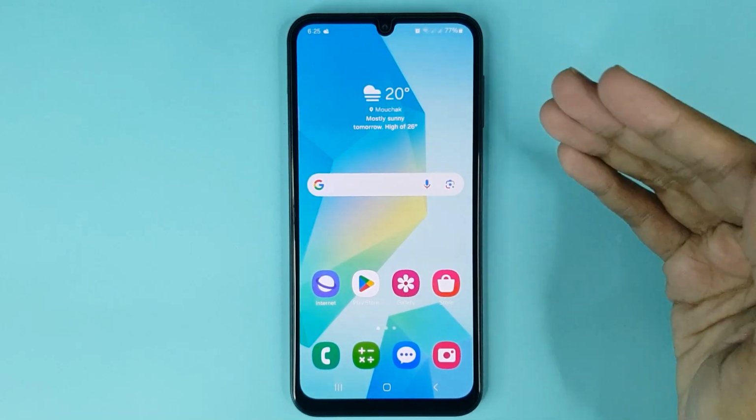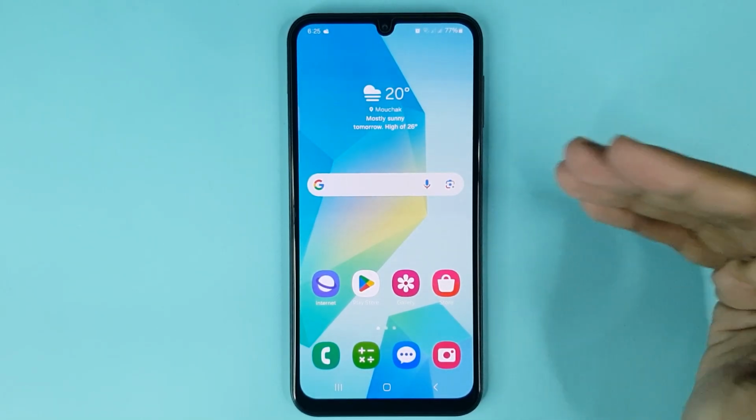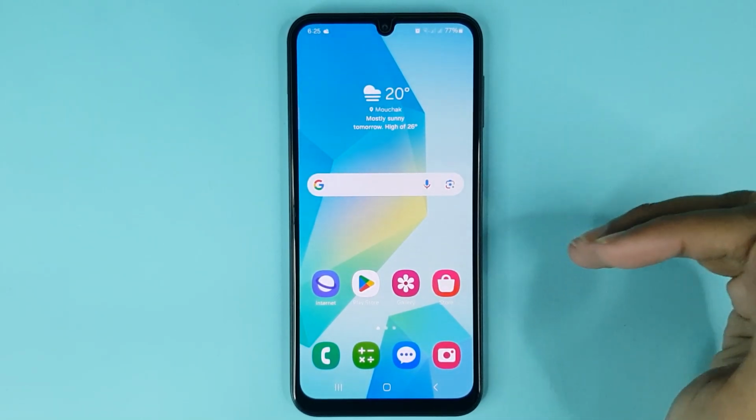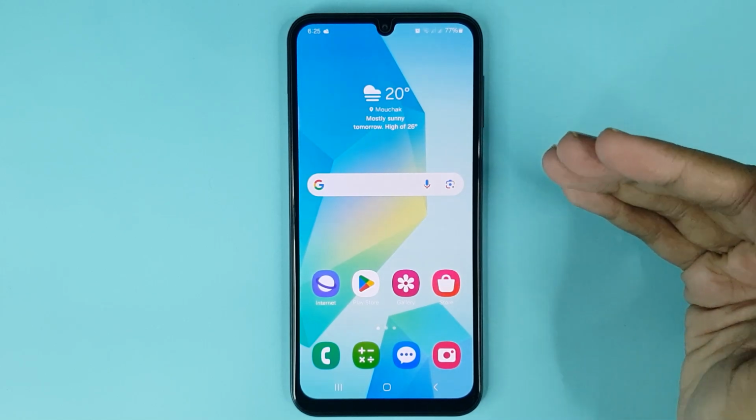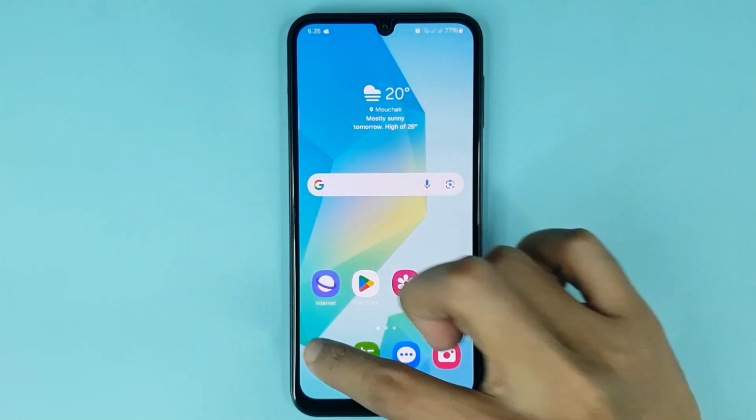Welcome to Drawliper channel, and in today's video I'm going to show you how to change call background in your Samsung Galaxy A16 phone. Now the first thing you have to do is open up your phone app and then